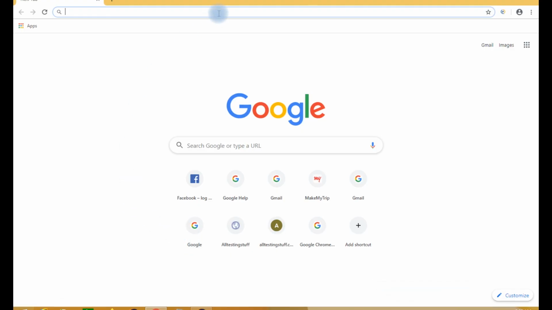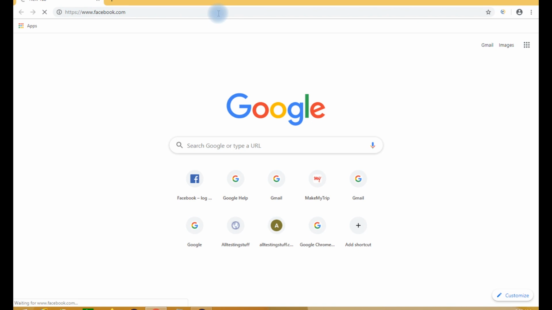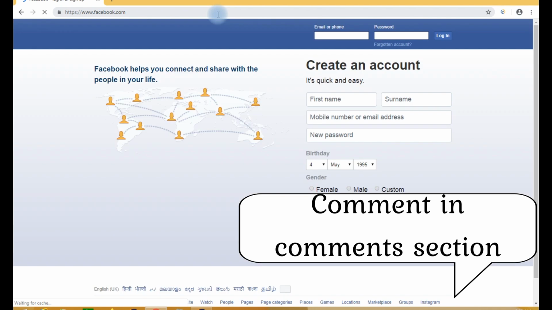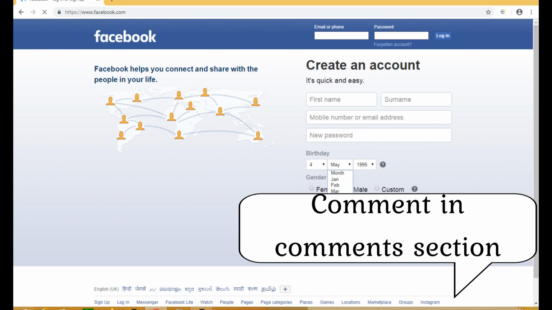So in today's video, we will see the drop-down that is present on the Facebook login page. First of all, I will show you what we are going to automate. As you can see, this is the Facebook login page. There are three drop-downs present. When we click on any of them, a drop-down opens by which we can select any value. Same with the month: when we click on this, a drop-down is displayed on the screen and the user can select any value from it.